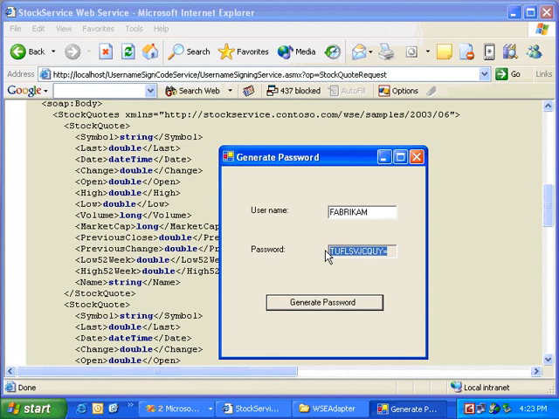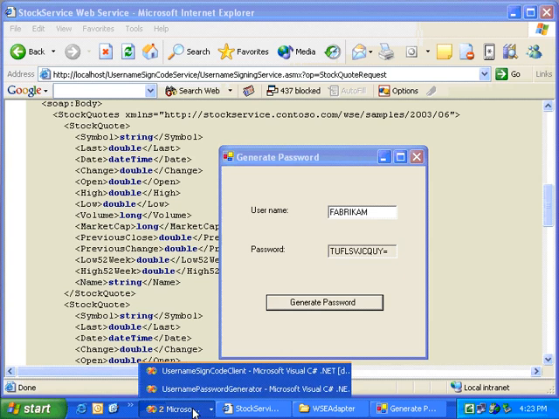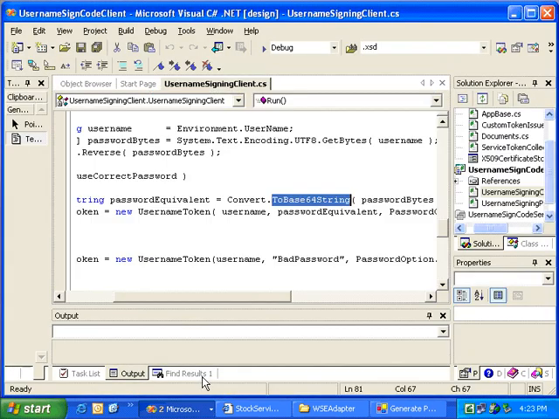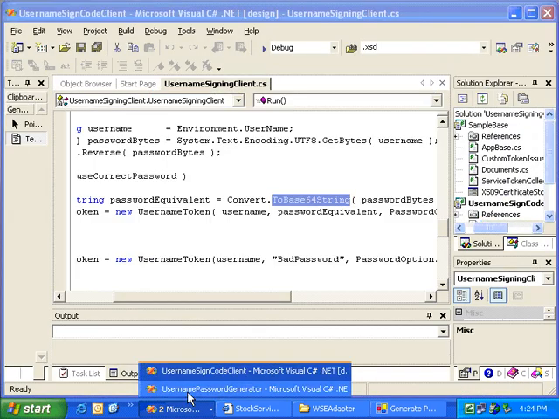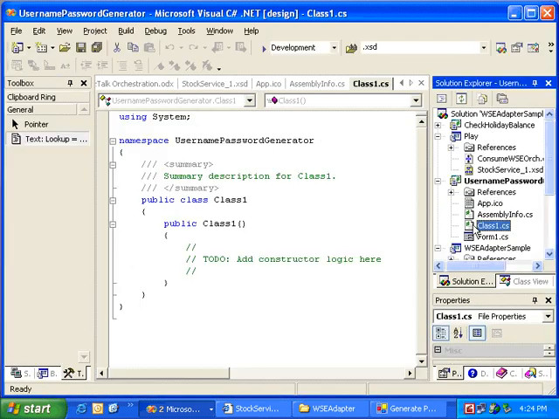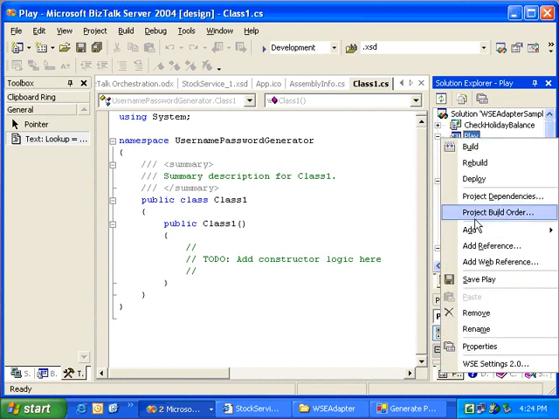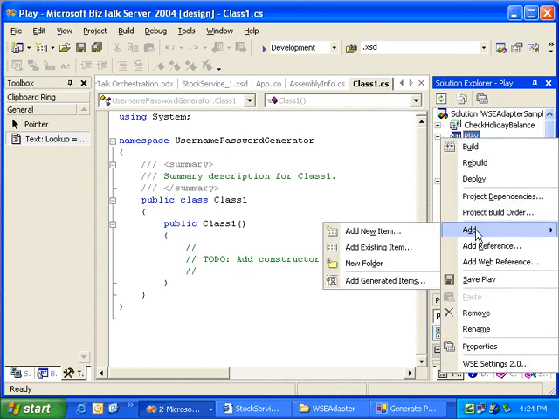But what if I had to call this web service as part of a business process? How would I go about doing that? Well, let's go back into Visual Studio and take a look at how we would do that. So if I go into the Visual Studio environment, come out of a C# project, I can go into a BizTalk project. And inside my BizTalk project, I'm going to add a new orchestration and point that orchestration to my